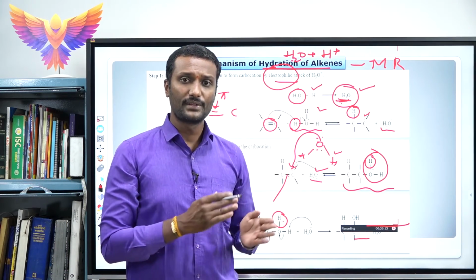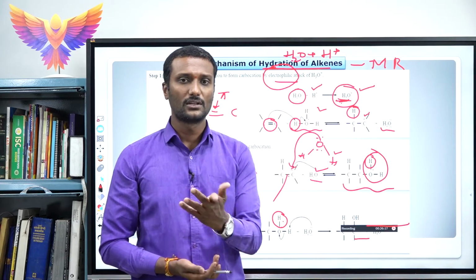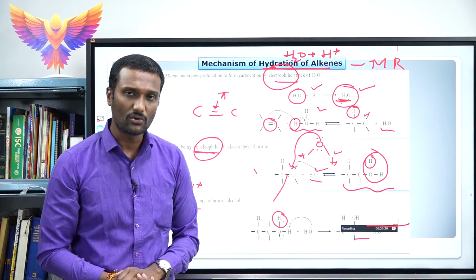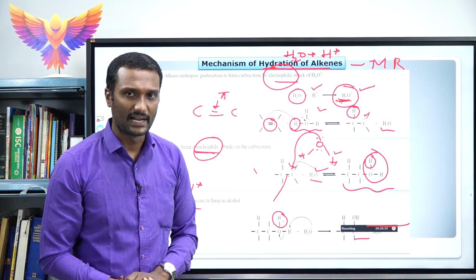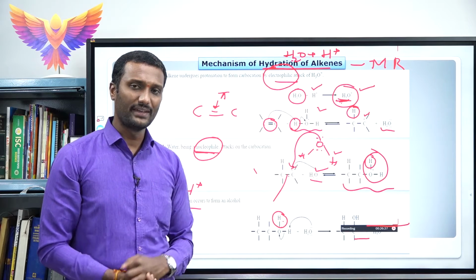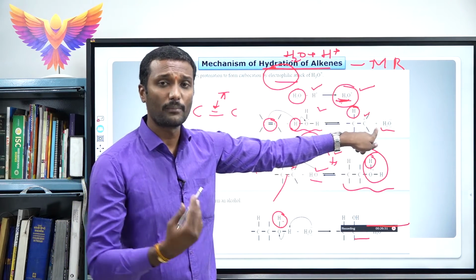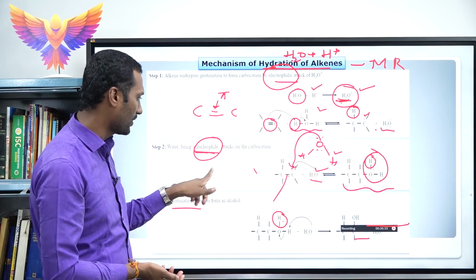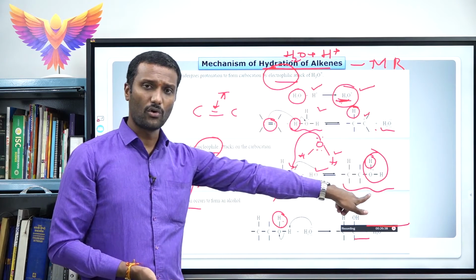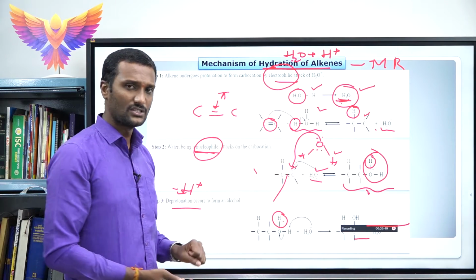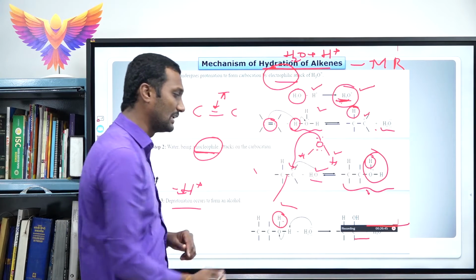So in this way the hydration of alkene follows Markovnikov's rule. The first step is the formation of electrophile by reacting water with hydrogen ion to form a hydronium ion. That electrophile reacts with the alkene to form an intermediate, a carbocation. On the carbocation there is an attack of the nucleophile to form an unstable product. So to get a stable product, one of the hydrogens will be lost to form an alcohol.